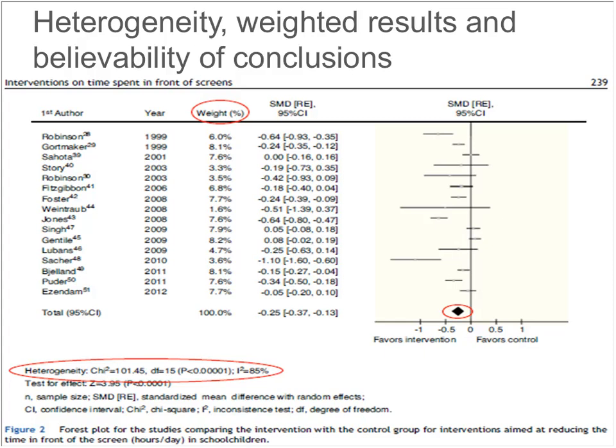So our confidence interval cannot touch the line of no effect in order for us to be able to say there was a statistically significant effect of the intervention on reducing screen time. Any confidence intervals for those individual studies that touch the line of no effect tell us that that particular study did not have a statistically significant effect. So in other words, those being exposed to the intervention had no less screen time than those who didn't get the intervention.